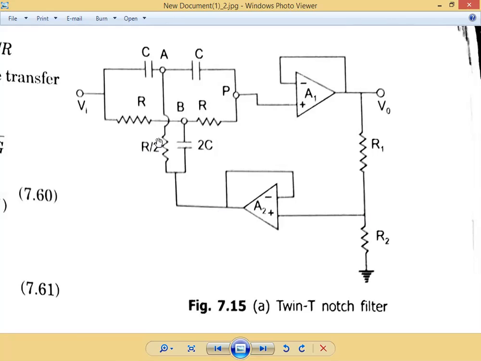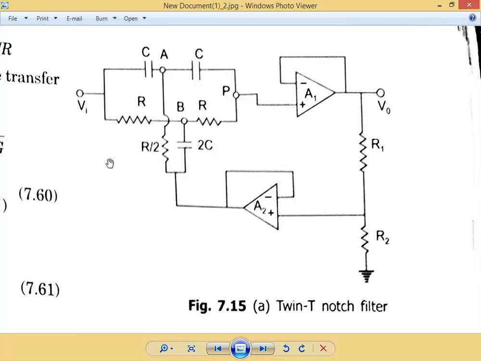So we are going to consider R is equal to 1 by G, and then R by 2 will become 2G. So in place of R we are going to write 2G. So (K into V naught minus VA) divided by 2G is equal to 0. By solving this equation we are going to get a small equation,